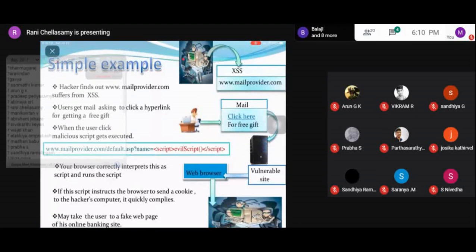Let's see how this cross-site scripting works. The web server gets all the data from the web client using the request method, either the get method or the post method. The hacker inserts client side code into the data, usually in the JavaScript language.